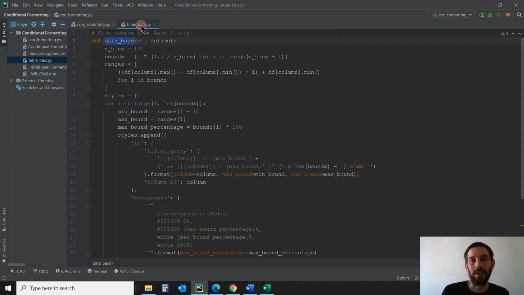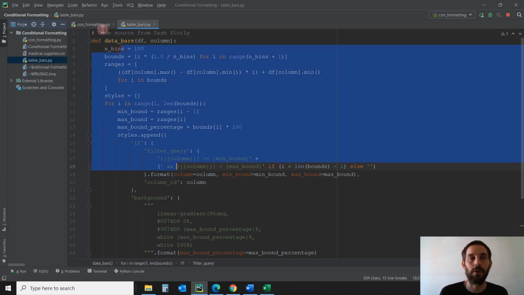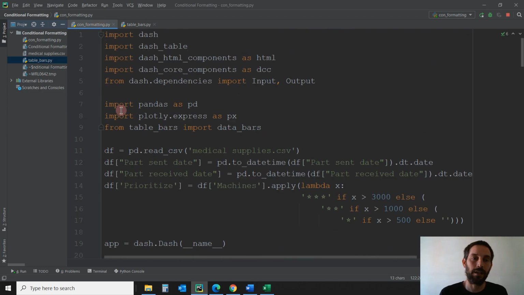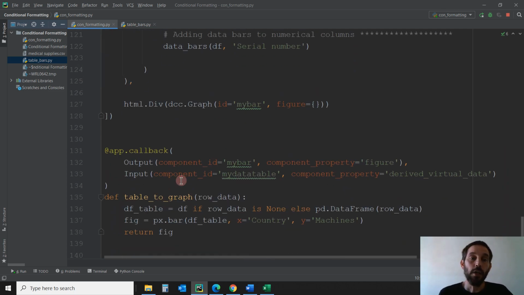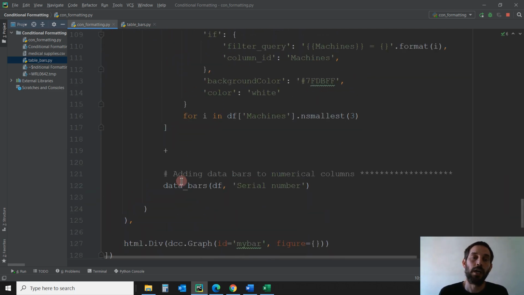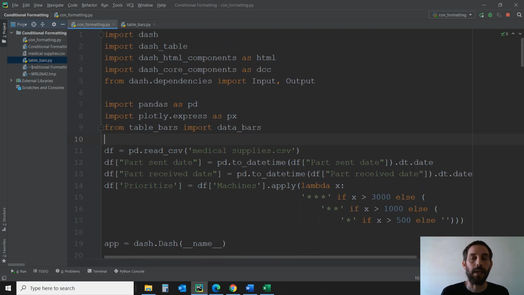You don't have to put it here. You can put all of this in the same conditional formatting file, up here somewhere. But so it looks nicer, I just put it in a different file. All right, so we did all of our conditional formatting. One last one that we didn't go over yet is